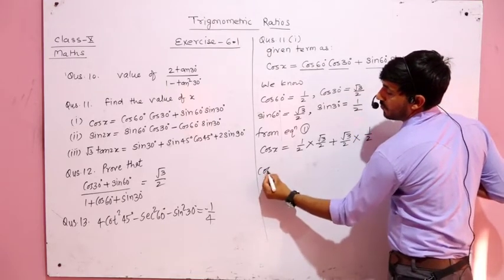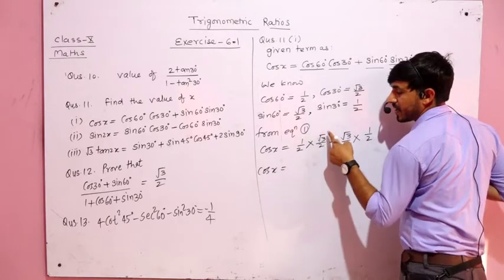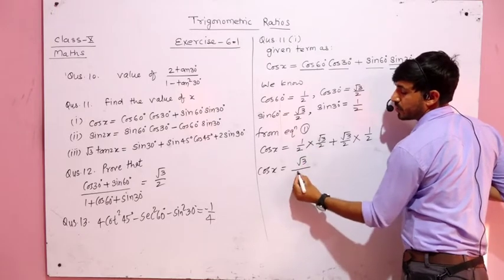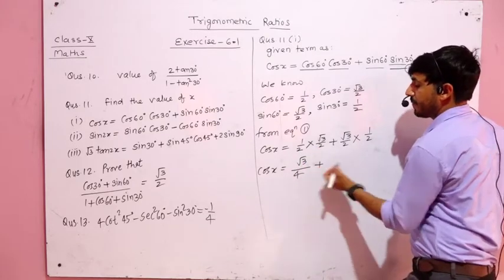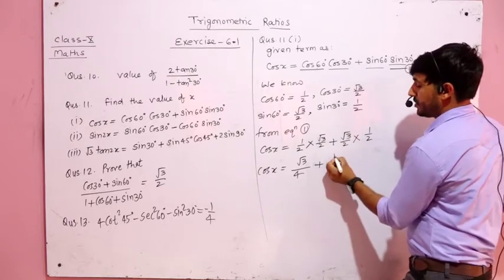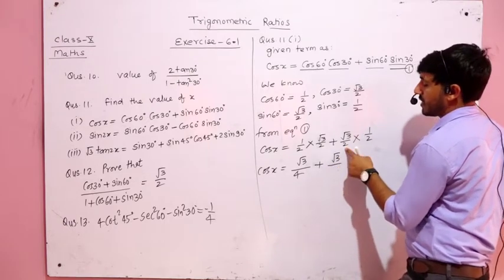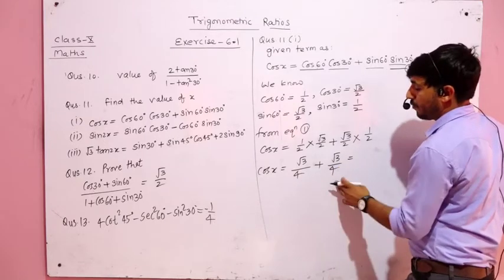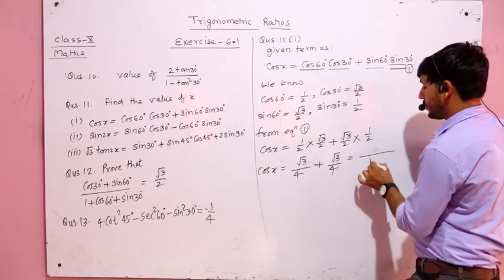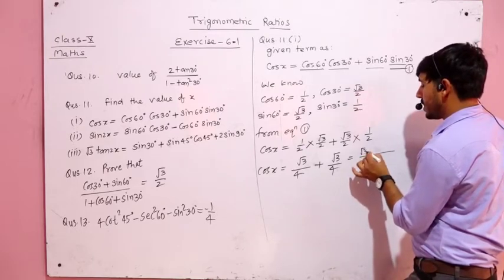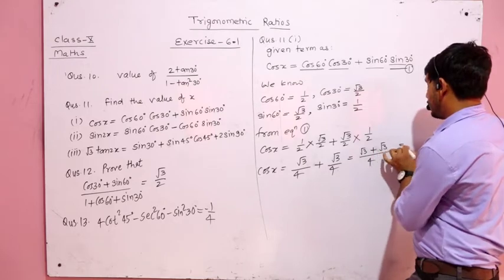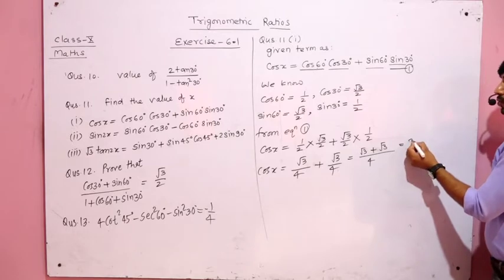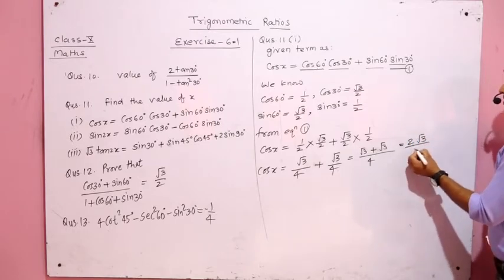Okay. In the next step, we can write here 1 is multiplied by root 3, that means root 3, that is divided by 2 into 2, that is 4. In the next step, root 3 is multiplied by 1, that means we will get root 3, that is divided by 2 into 2, that is 4. Again, you can see here 4 is taken as LCM, that means 4, and that is multiplied by root 3 plus root 3. As you can see here, root 3 plus root 3, that means root 3 will come 2 times, then 2 root 3, that is divided by 4.